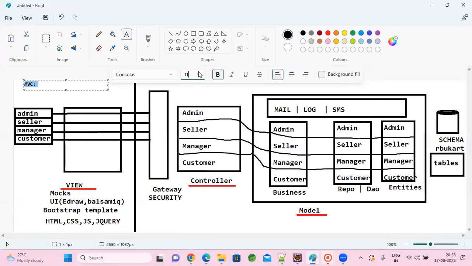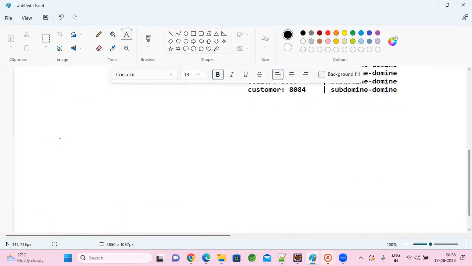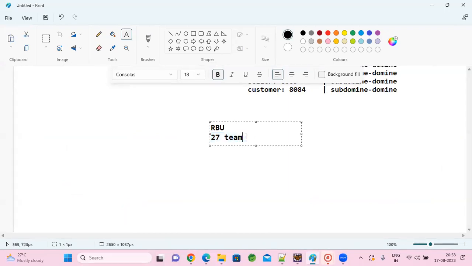This is from the technology point, but to make this an application, a lot of discussions will happen. Let's say as a company, if all of you belong to RBU, and we are all 27 members, including me 28, as part of this team. Ideally, such a big team is not good, so maybe we need to break them into 3 teams, maybe 9 for each team. So how to break that team, and how